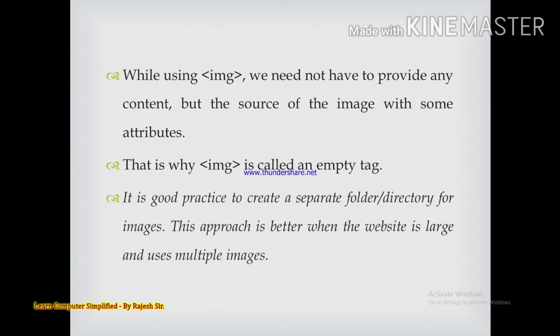Now what is the benefit? It has two benefits, that is all the images are easily available, all the multimedia elements are easily available, and we do not need to provide the location in a longest way. Okay, we simply need to provide only the image name and its extension, and the image will be displayed in a web page.